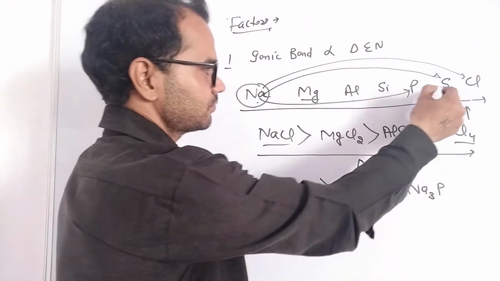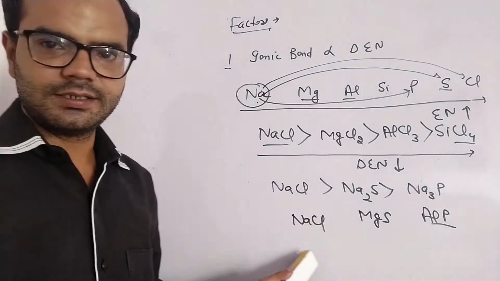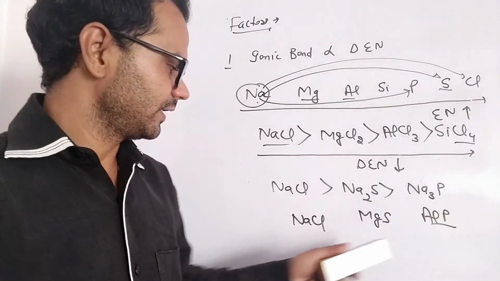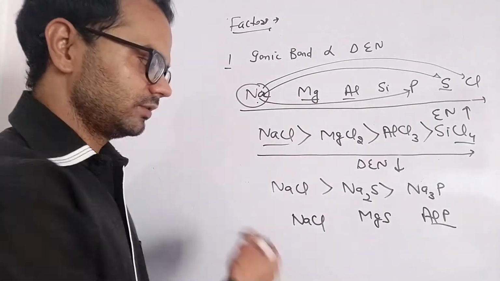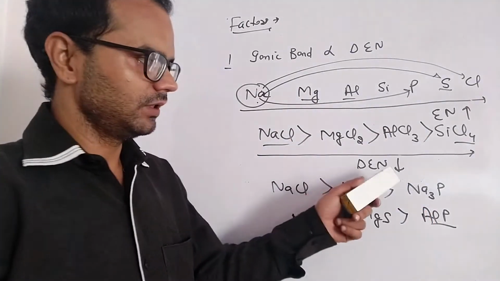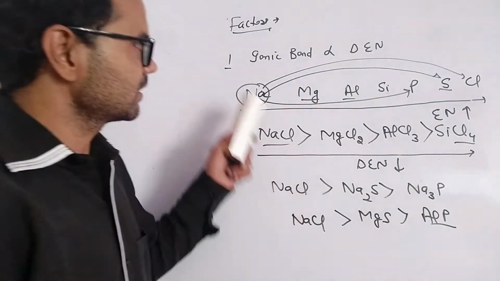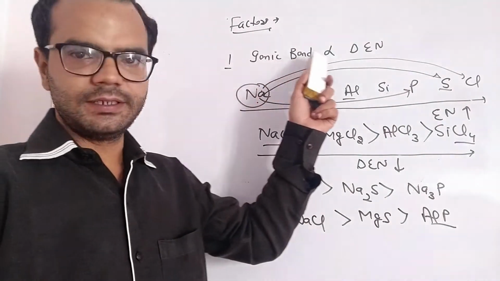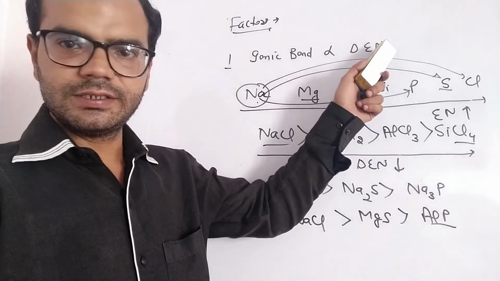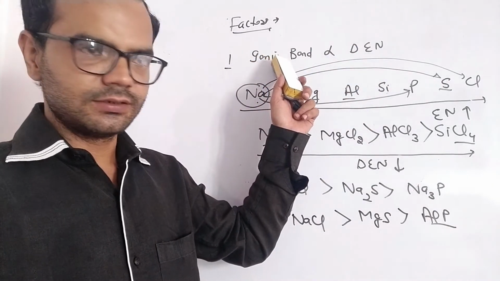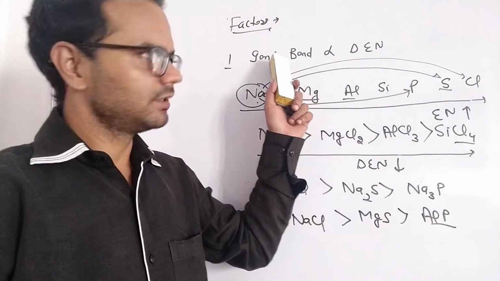NaCl, MgS, AlP. Again, we can say sodium is least electronegative and chlorine is highest in electronegativity of this period. So there will be a large difference in electronegativity. So the first conclusion is that formation of an ionic bond is dependent on the difference in the electronegativity of atoms. The higher the difference, the greater the ionic bond strength, the stronger the ionic bond. Clear? Next, second is